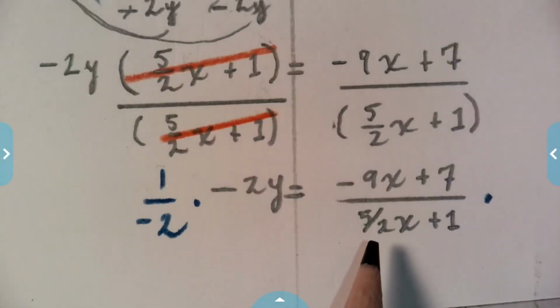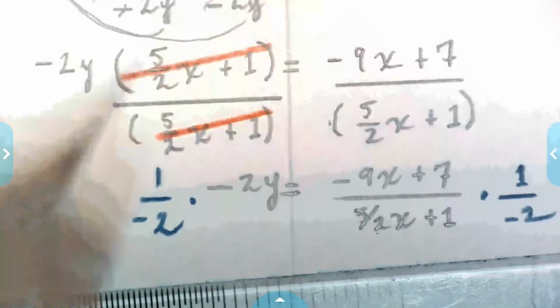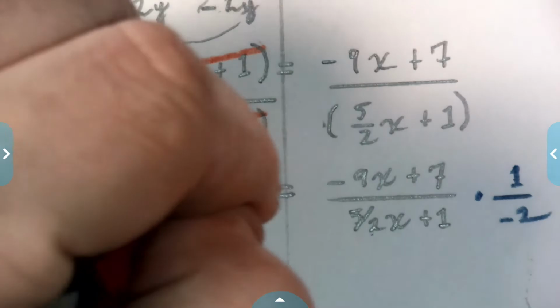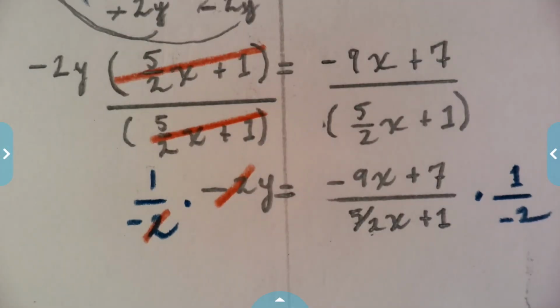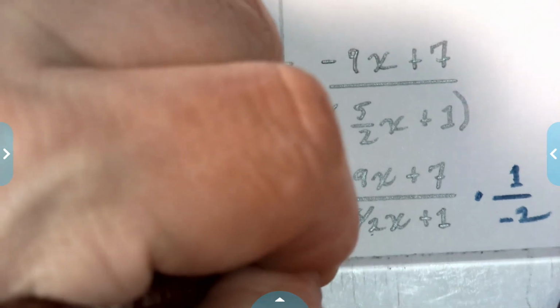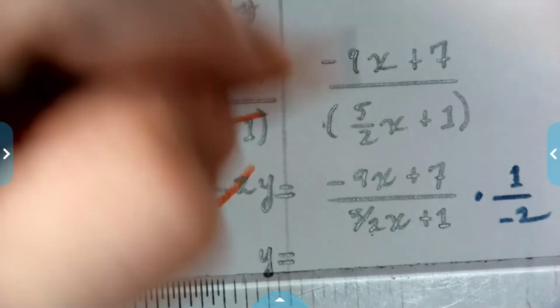The same thing here. And you'll see now why it's going to be cool, because it's going to clear this out. Just watch it. So 1 over negative 2. And now, beautifully, wonderfully, I have y by itself. And y equals negative 9x plus 7